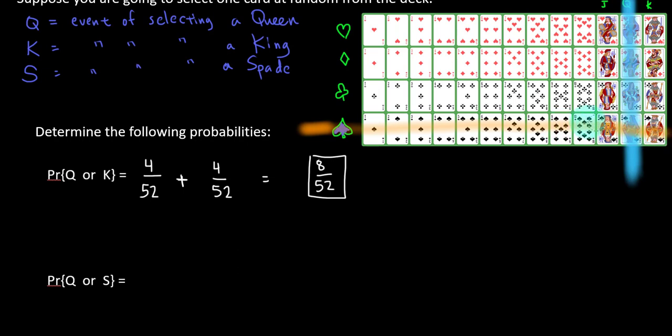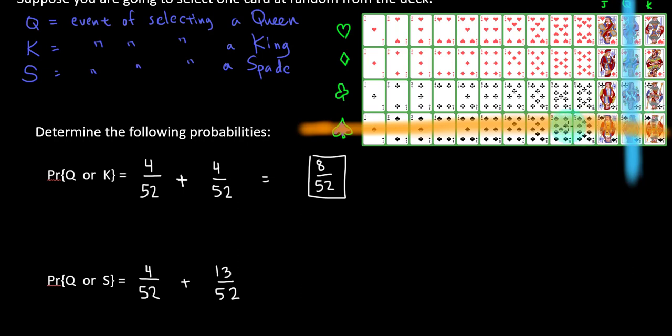So all of these as well. And we're going to have to be a little careful here. Let's see why. Adding up the 4 queens out of the 52 cards total, plus, count them up, there are 13 spades out of 52 total,